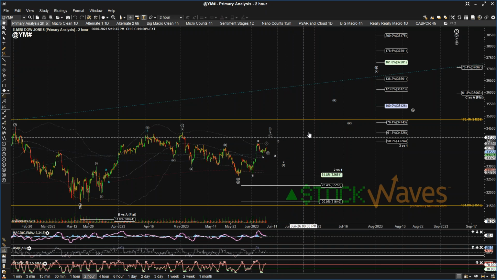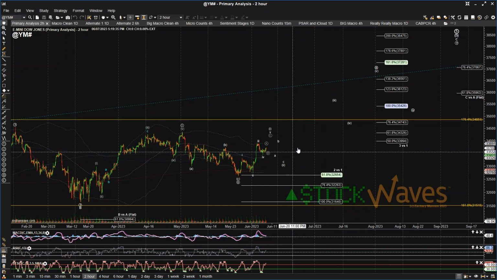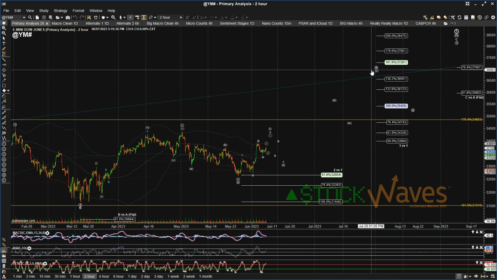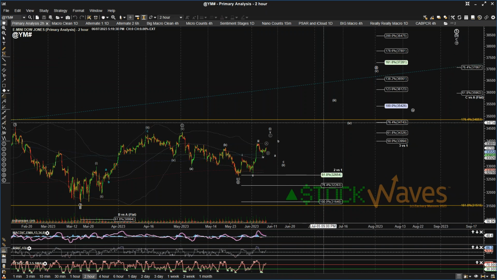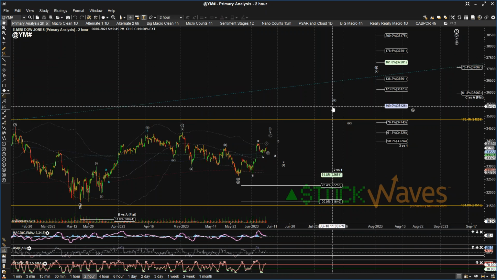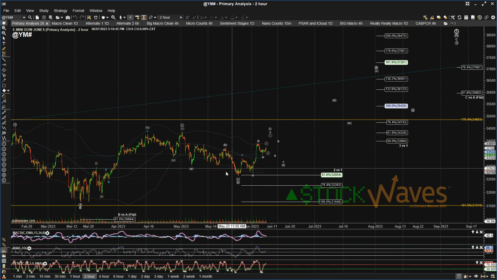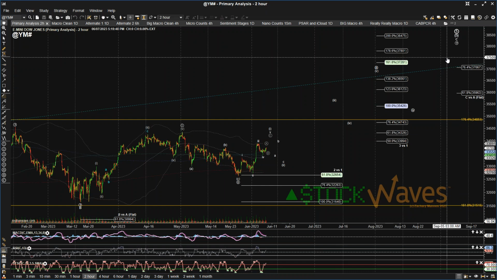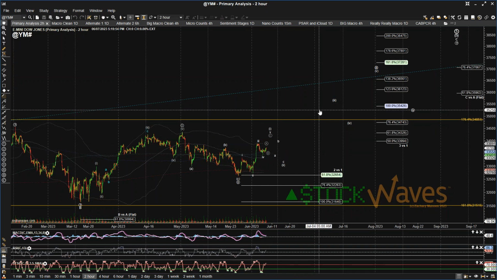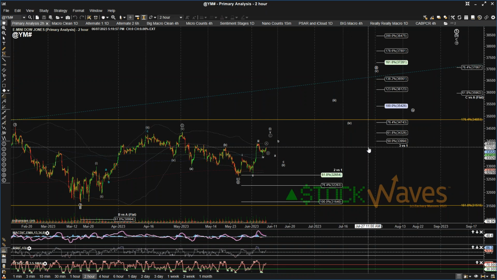And I could see that getting us at least a third of the C wave up towards the 35,400 region. I don't think that flight to quality is something that could get it the sustained move all the way up to new all-time highs. So something is going to give, and either this is going to make a valiant attempt and then ultimately fail, getting dragged down by the possible start to the C wave,